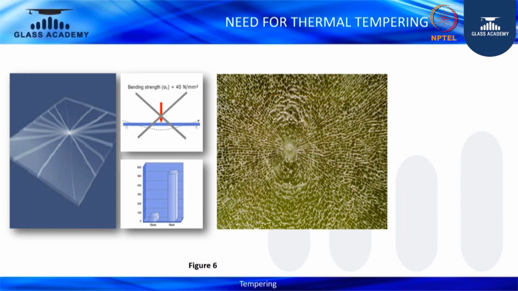In order to avoid that breakage event, we have to increase the strength of the glass. You see that the fragmentation patterns completely differ from the left hand side to the right hand side. The right hand side picture is what you see, that is fragmented, which has dull edges. If the glass is broken, it won't hurt anybody. So that's the picture it shows for us.